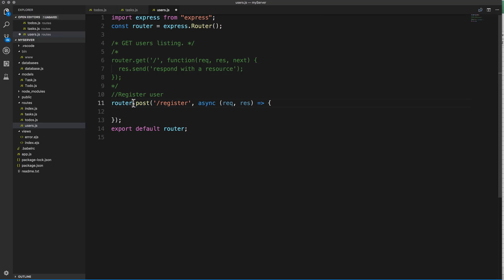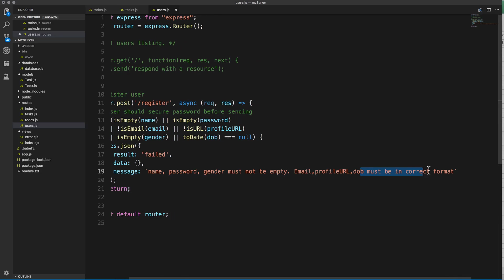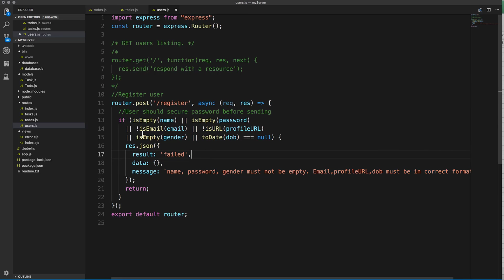So for the register user here, I have not added the post yet, because the user's password must be secure from the client. You should secure the password before sending it from the client, to prevent other users from detecting your password. So it is important. I will show you in the example of the client. Okay, so now